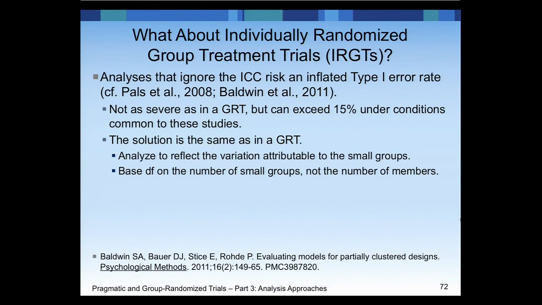Analyses that ignore that developing intra-class correlation risk an inflated type 1 error rate, just as we see in group randomized trials. It's not as severe, but certainly can exceed 15% under conditions that are common. And we want to maintain the type 1 error rate at 5%, so this is a problem that we need to address. The solution, as it turns out, is the same as in a group randomized trial. We need to analyze the data to reflect the variation attributable to small groups, and we need to base the degrees of freedom on the number of small groups in arms where they exist, not just on the number of